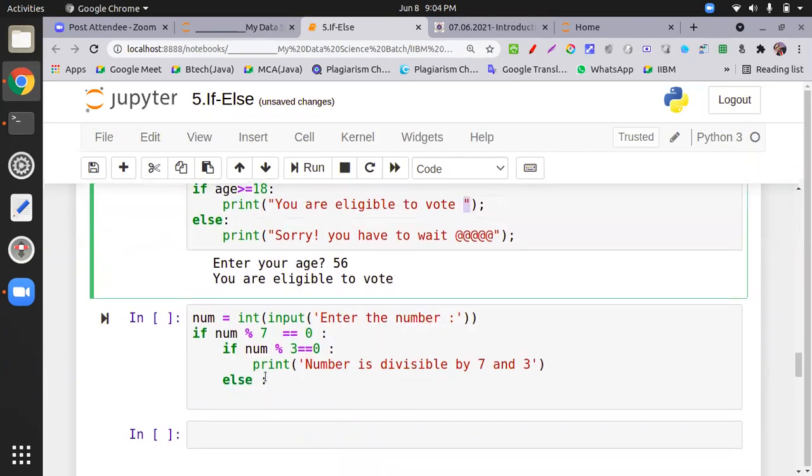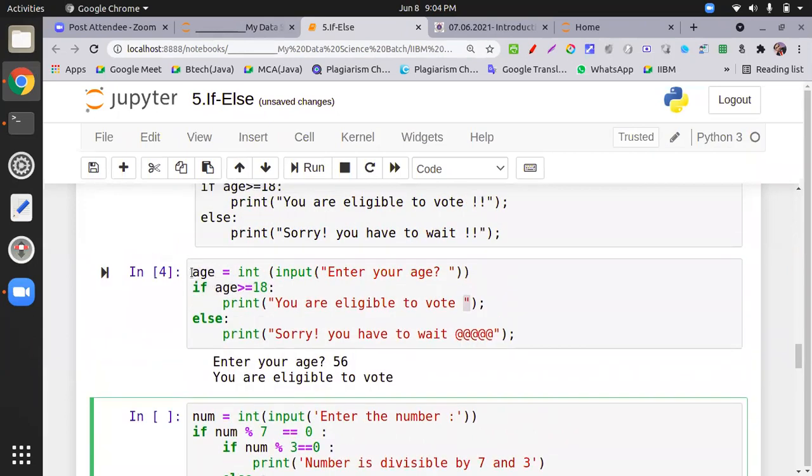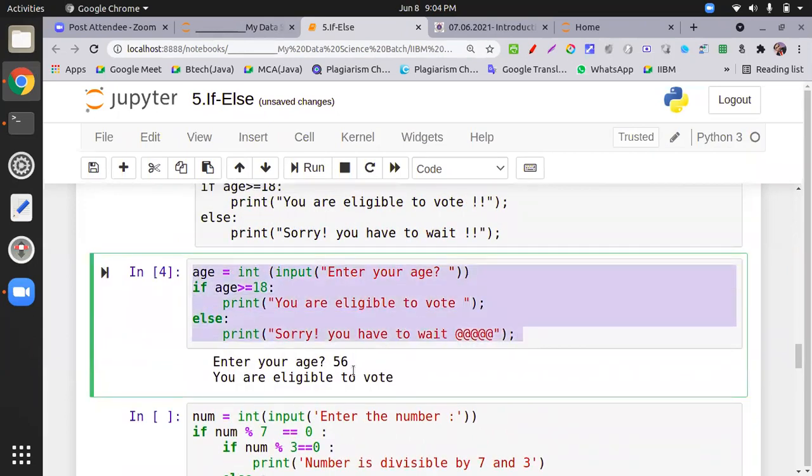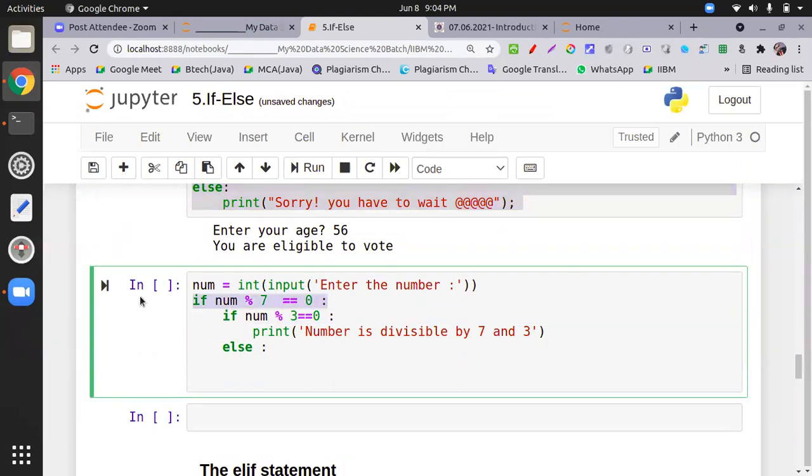Okay, now, a very good program. I just demonstrated if-else, where any one block will be executed, whichever condition is satisfied. Now what I do is make an if-else inside the if statement.